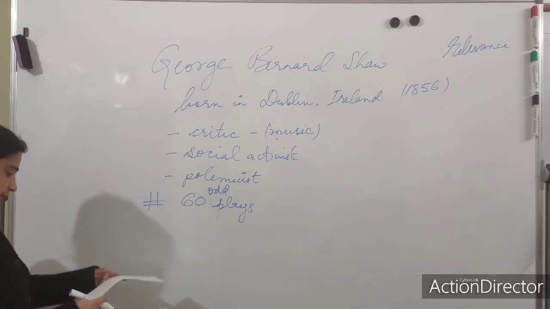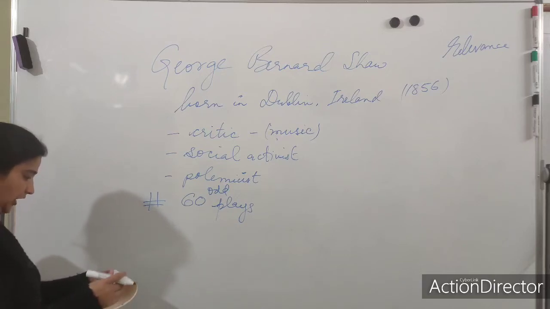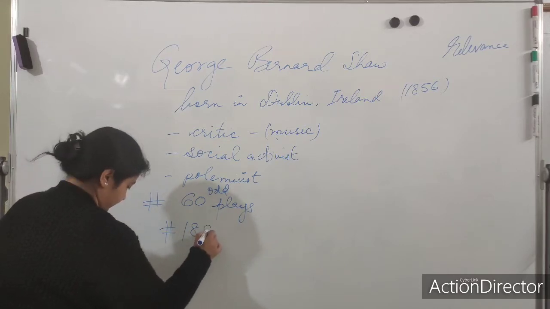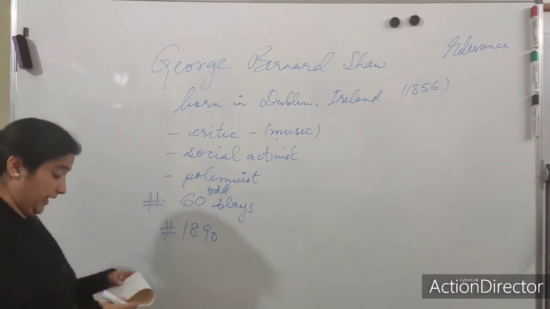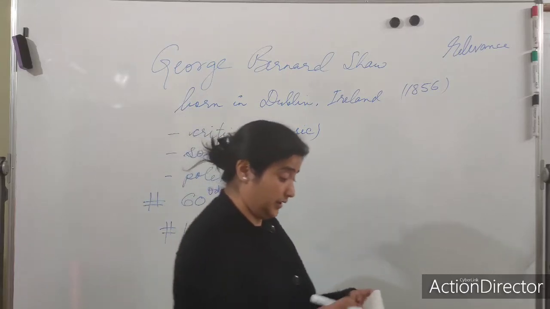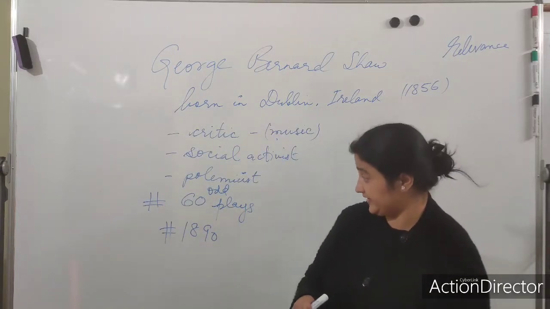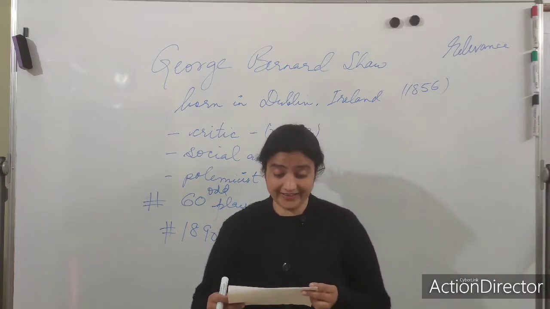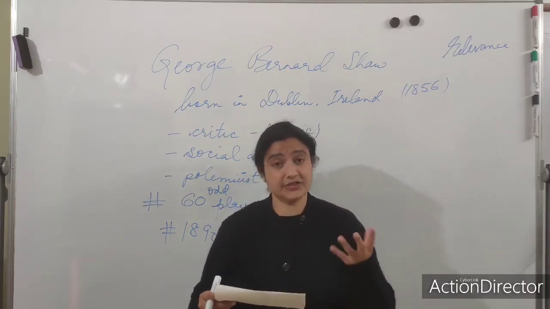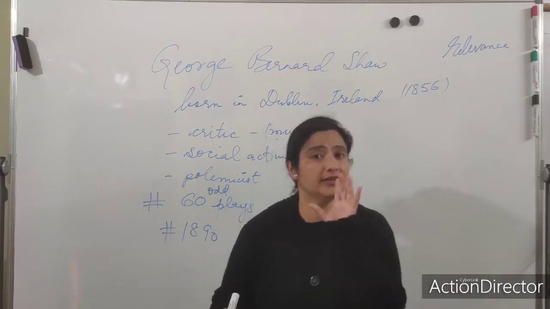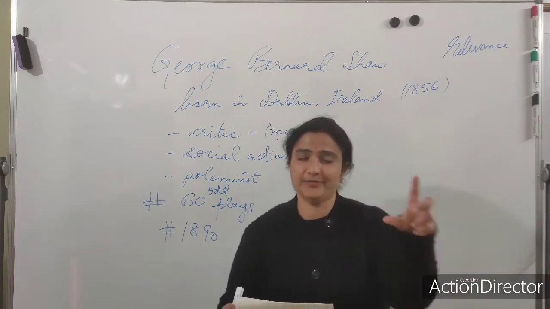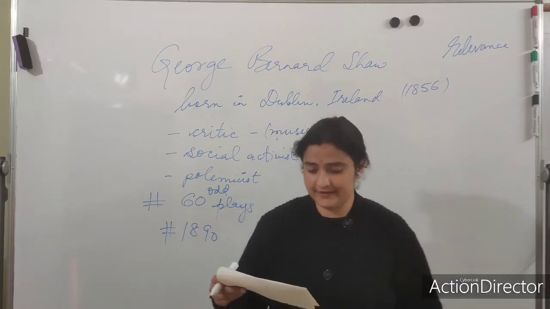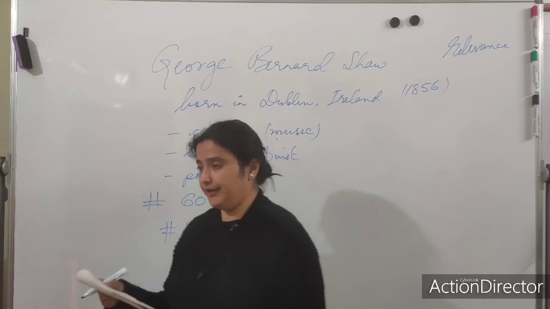And his first play, he became an established writer in the year 1890. And prior to this publishing of drama or becoming successful, what G.B. Shaw was doing, he was a great critic. He was criticizing stage productions. He was giving a critical analysis. Critic does not mean criticism. It is that you are critically analyzing something, okay?